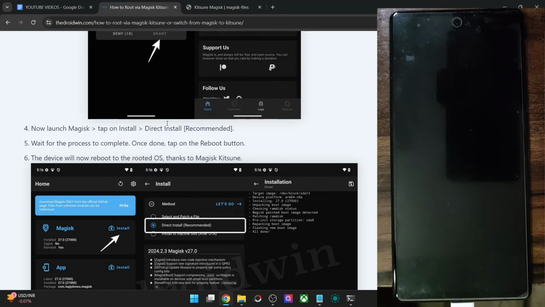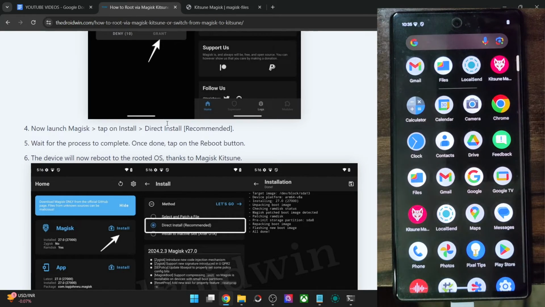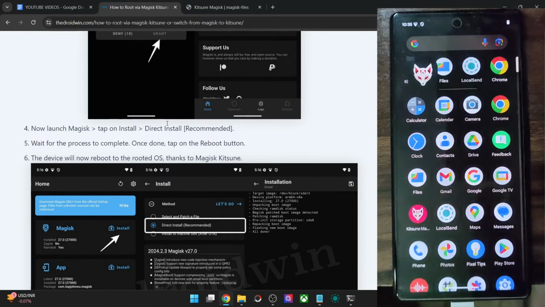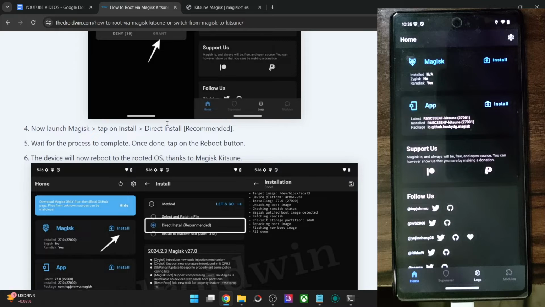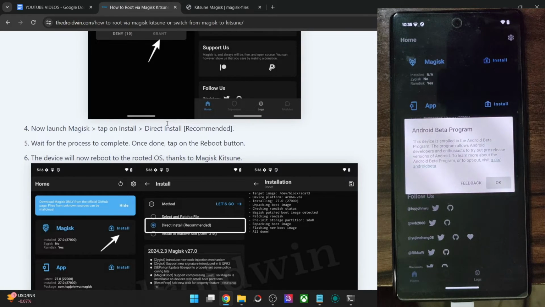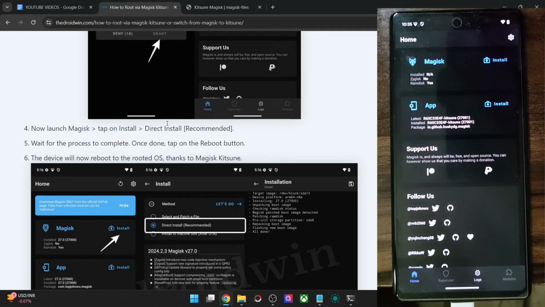It will take just a few more seconds for that to happen, and let me now launch the app and check out the result. So let's launch the Kitsune app, and the root is gone. So this signifies that you will have to keep the official Magisk app on your phone until the point you want to keep the root via the Kitsune app. In other words, you should have both the root apps on your phone. If you remove the Magisk app from your phone, then the root will also be gone from the Magisk Kitsune app. So this is one thing which you always have to keep in mind.